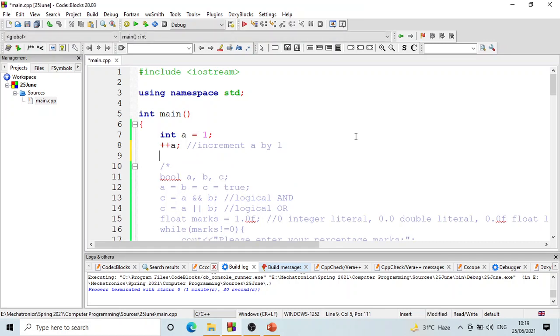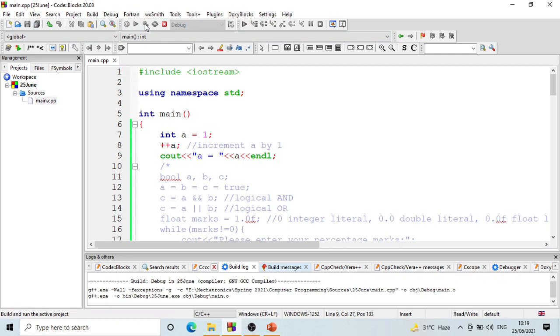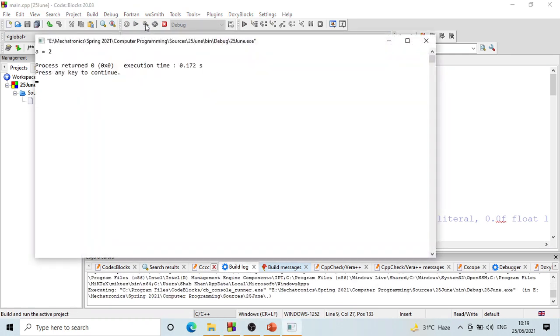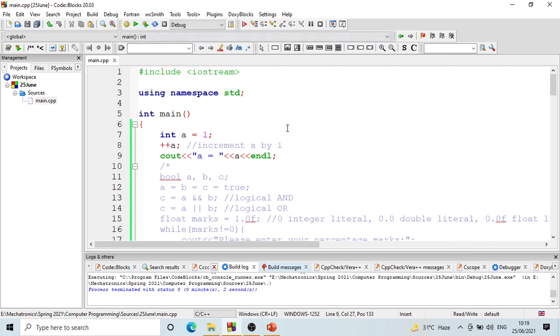ठीक है. अगर आप इसको प्रिंट करें सी आउट, तो आप कहेंगे जी a is equal to a and then enter. So what would be the output? 2. ठीक है. The output would be 2. Build and run. a is equal to 2 प्रिंट होगा. फाइन. ठीक है. अच्छा जी,